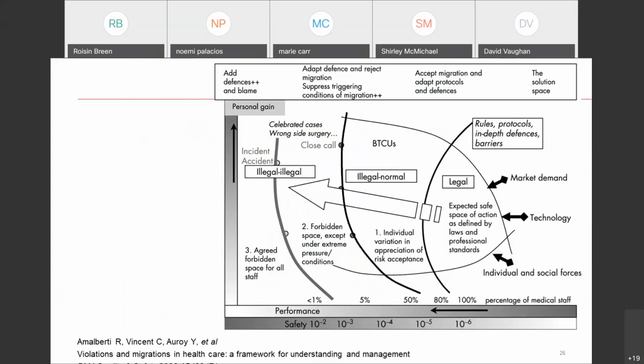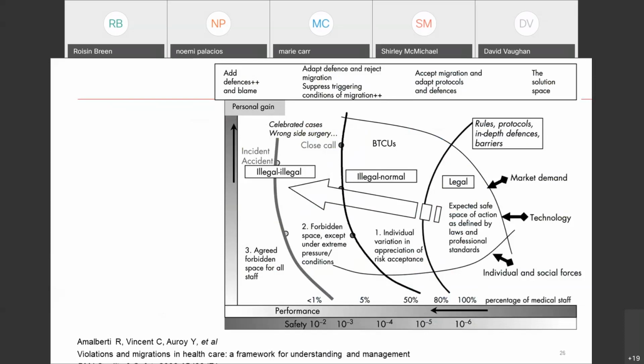But this, I think, probably more reflects the situation in healthcare, and it comes from René Amalberti, and originally from Rasmussen's work on procedural drift. So this is Charles Vincent and René Amalberti, and they're looking at how we try to work in these safe systems, within the rules and the protocols, but we don't always, because we don't have the resources, we don't have the time. There are lots of things that can happen, and we end up drifting into these spaces that are unsafe,